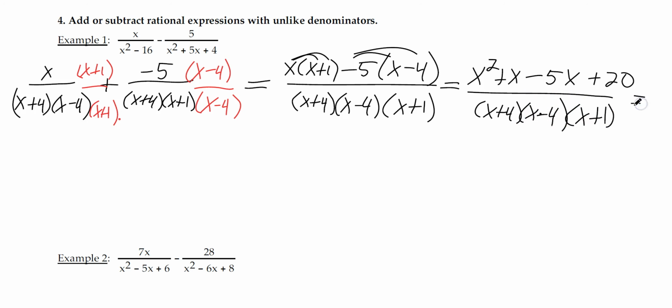Great. Equals, now the numerator, to save me a little bit of work, rewriting it, I can factor this. 5 and 4 won't work. 10 and 2 won't work. 20 and 1 doesn't work. That's actually it. It doesn't factor, so I can't reduce. So our final answer